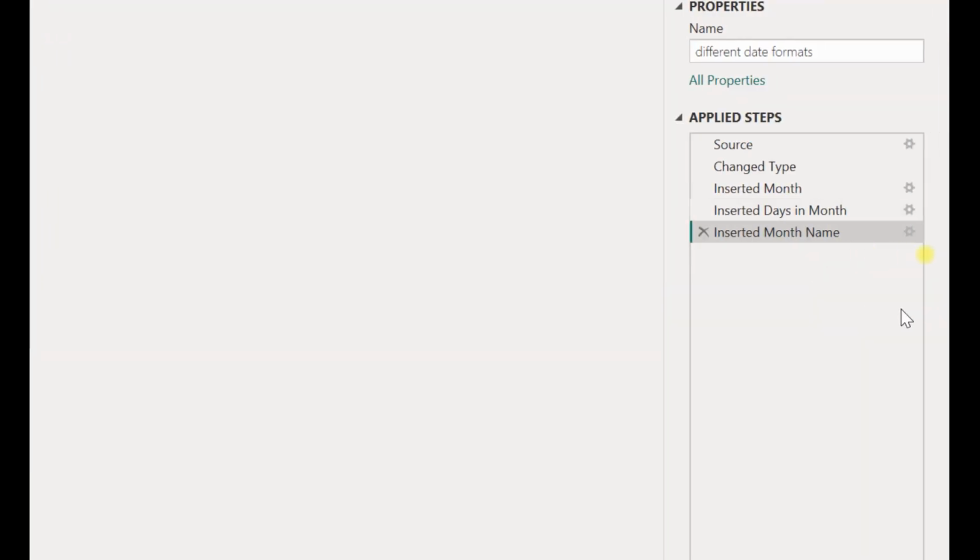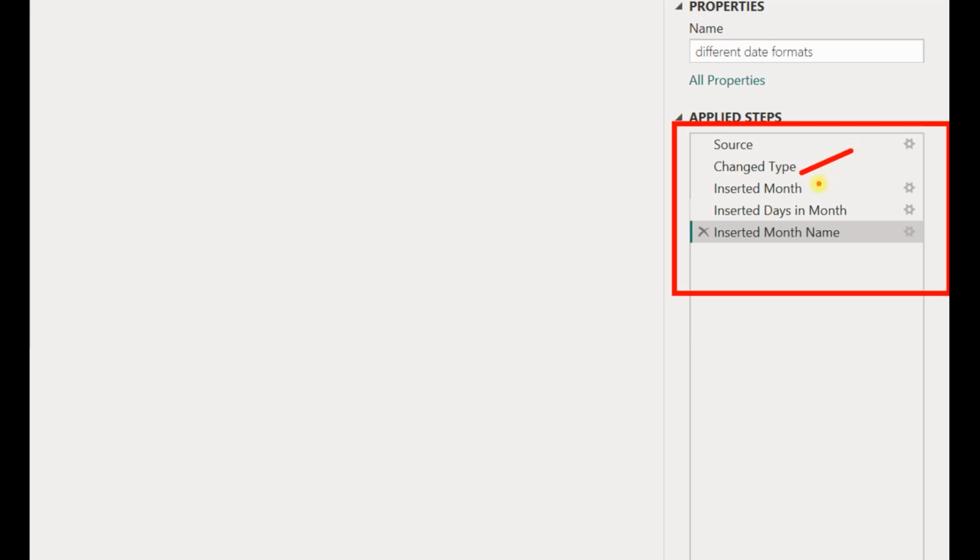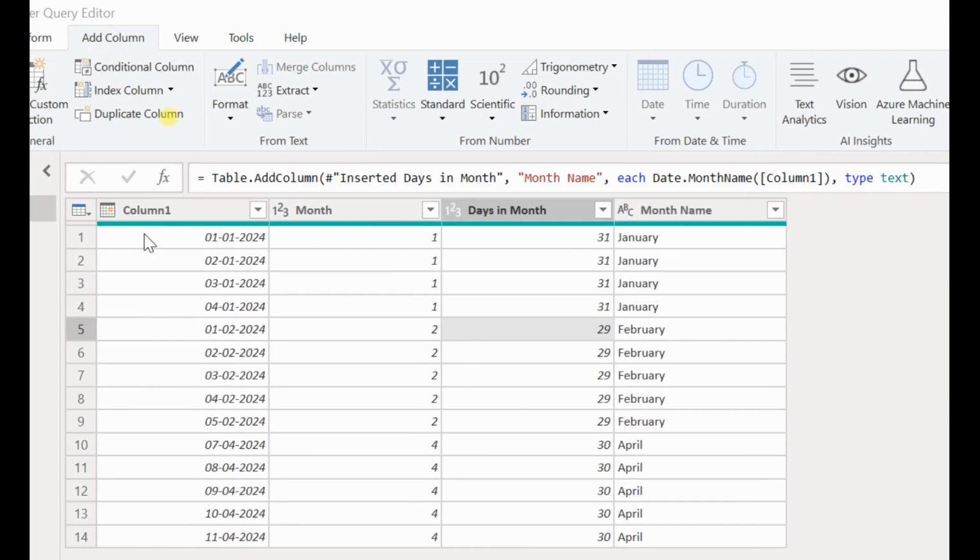You can see that these are all the applied steps on the data. First of all, when the date is inserted, it changes the type to date, and we have inserted the month, the number of days in the month, and the name of the month. Now